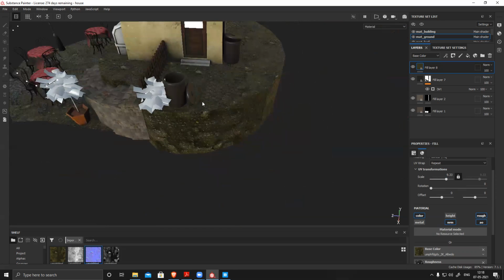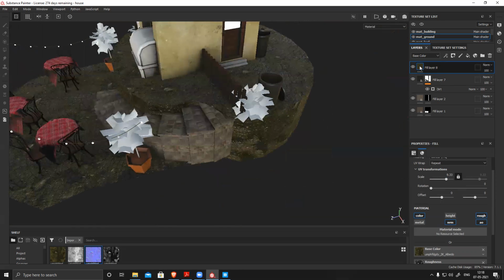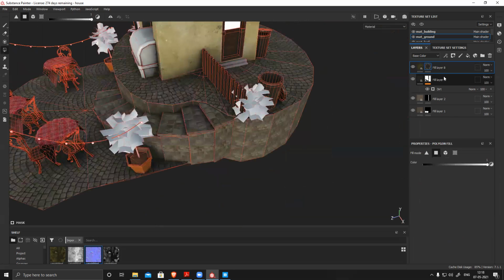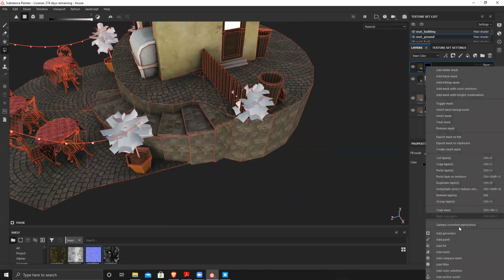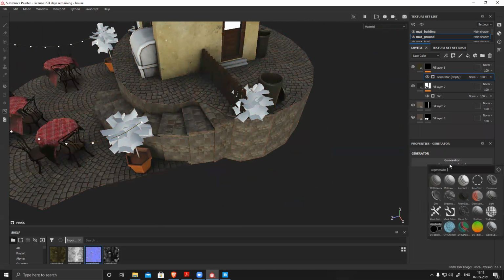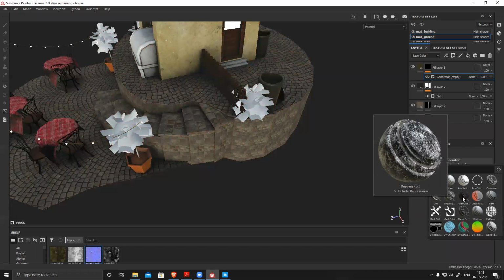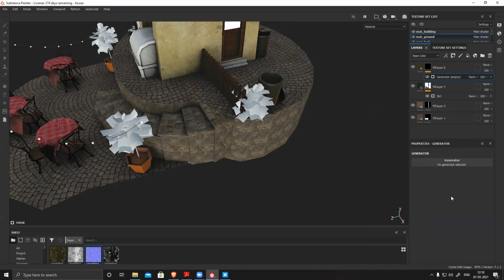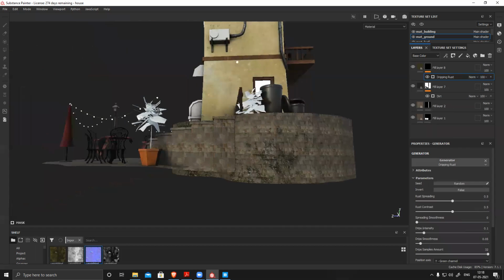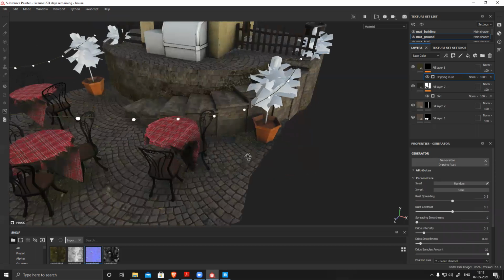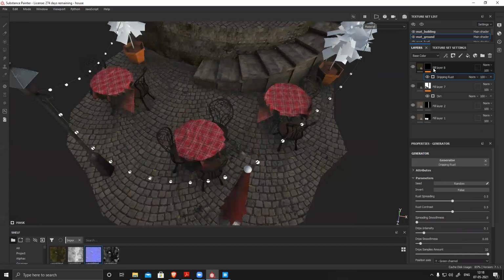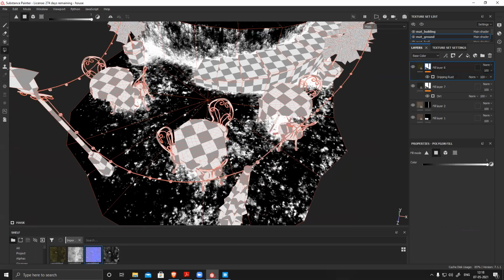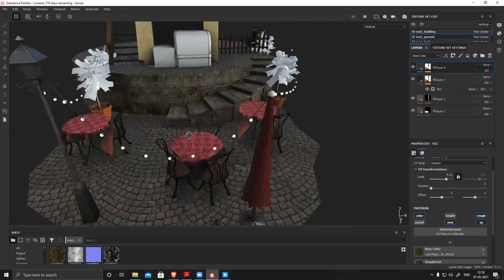So what I need to do is add a mask to this. Right click, black mask. Right click, I'll again add a generator, and this time I can use dirt, or I can use dripping. There are so many options. So I'm thinking to use this drip. Based on this drip, it will generate this randomly. You see, randomly it's generating.